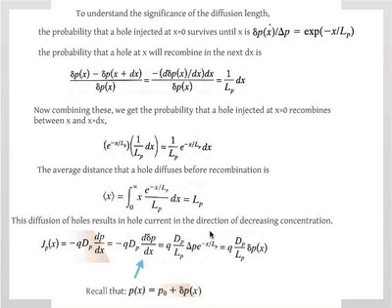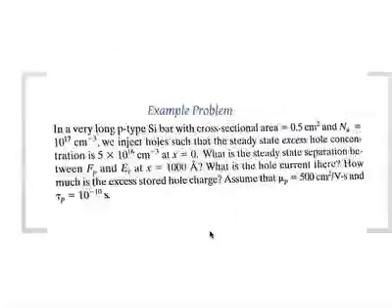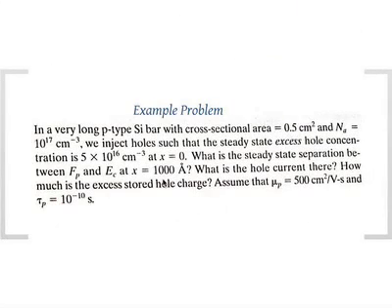So there's only diffusion current here. Okay, the next part is how much is the excess stored hole charge. Now for that, we need to actually calculate the total charge. So recall the hole charge: delta P is the excess holes that are generated times the area,